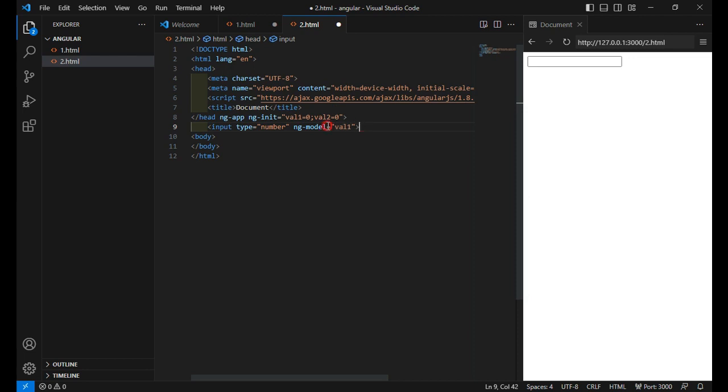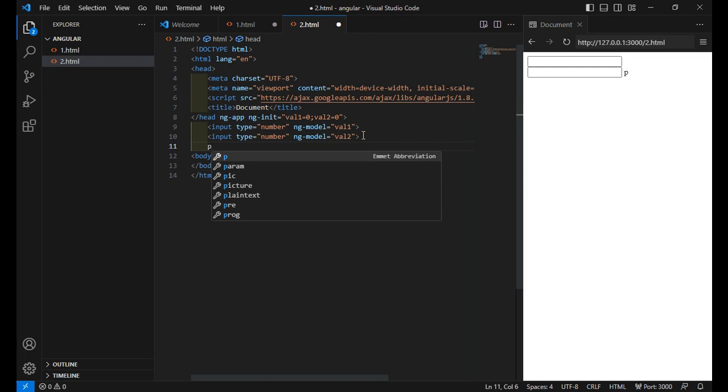Okay, and I need to copy and paste this line and make it val2, and I need a p tag equal to,